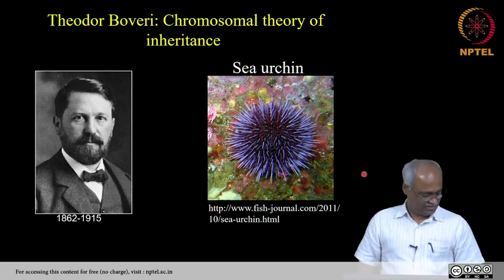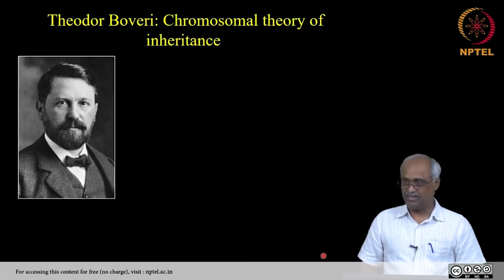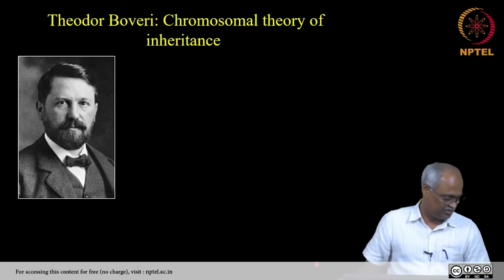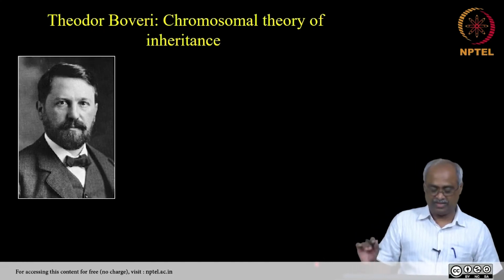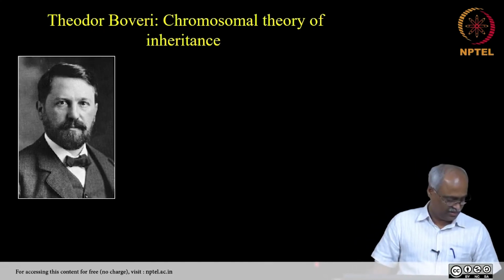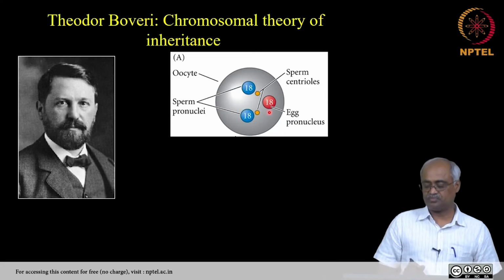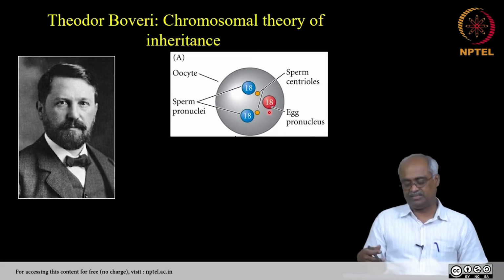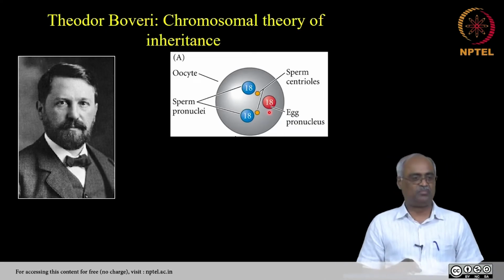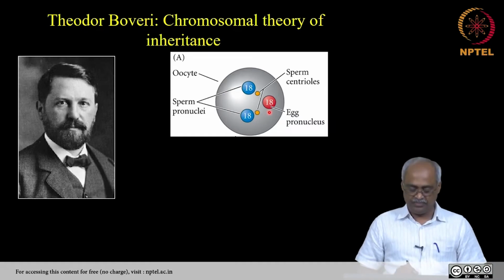So, he took sea urchin, and this is external fertilization. A lot of people used sea urchin for studying fertilization. That is another topic, very much in the later part of this course, we will learn that. So, he fertilized with a large excess of sperm such that he got some of the zygotes with more than